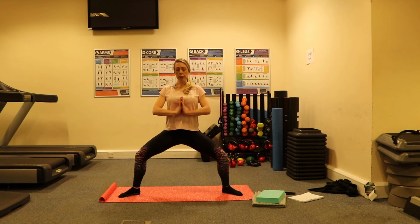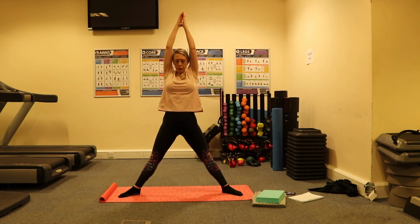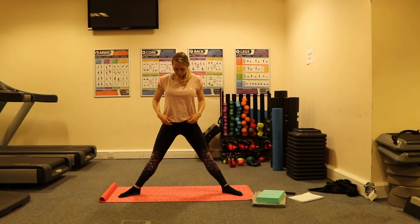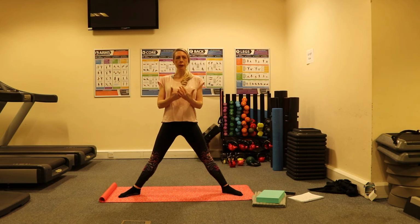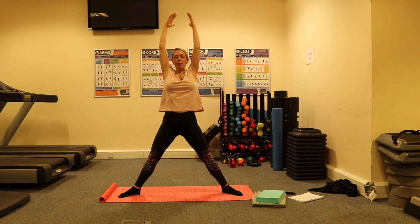So coming out if you need to, or we'll do 2 more if you're happy to. Always resting when you need to. And then inhaling back out. So we're going to just swap that around so that we can really open through the chest. So the same move, but we're just going to inhale as we sit down into it. So we're going to start lengthening up as we inhale,